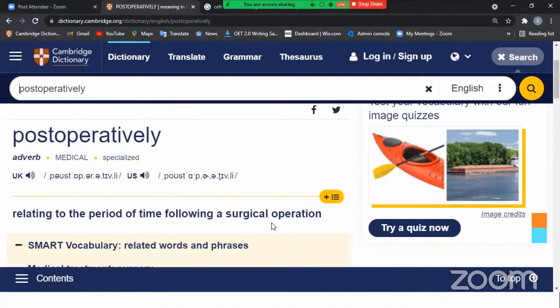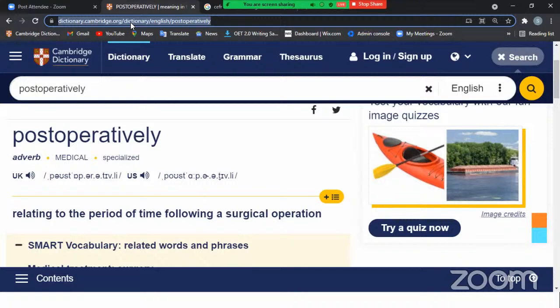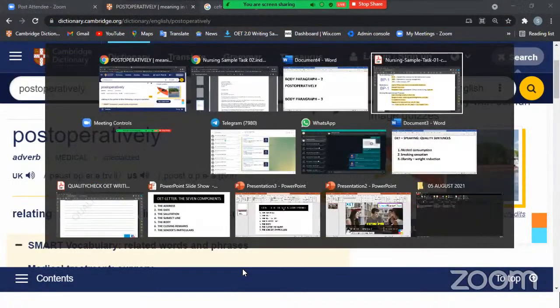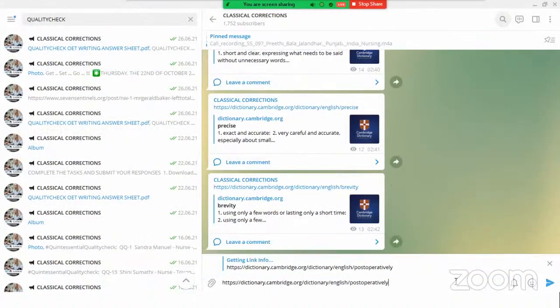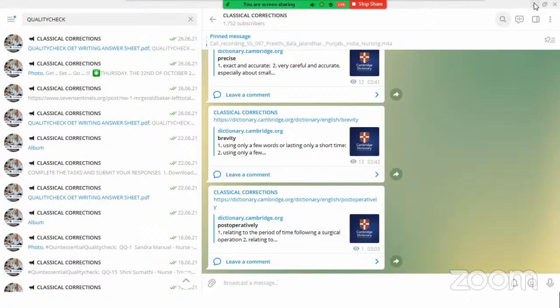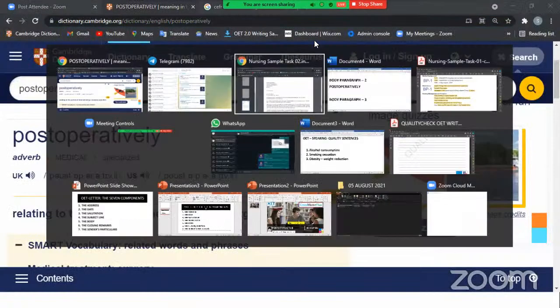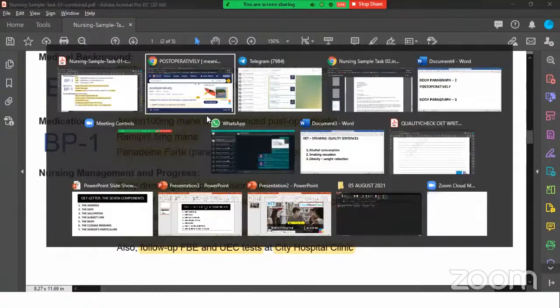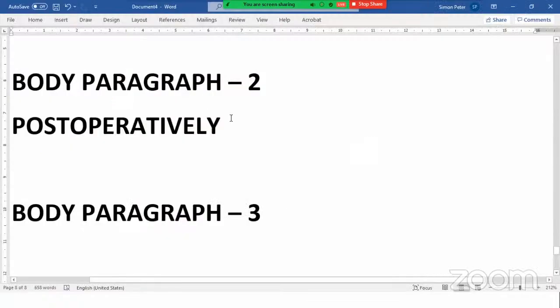And if the same mistake you have made multiple times, you have to unlearn what you have learned because it is already wrong. So unlearn, no problem. Post-operatively is one word. Why people are writing it otherwise is not my problem; you should not write it that way, that is my concern. The next one is